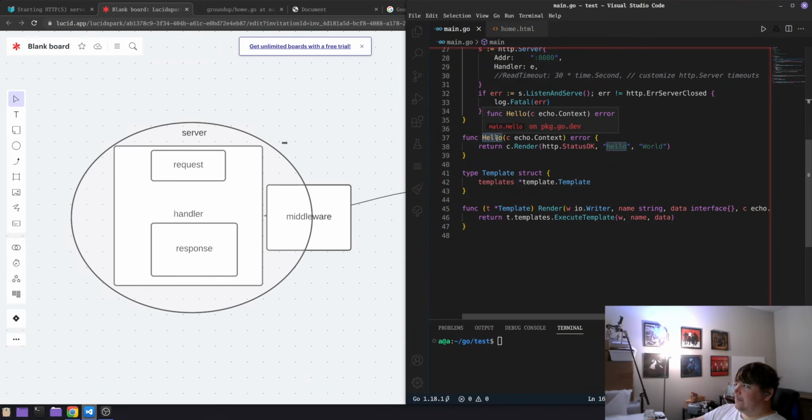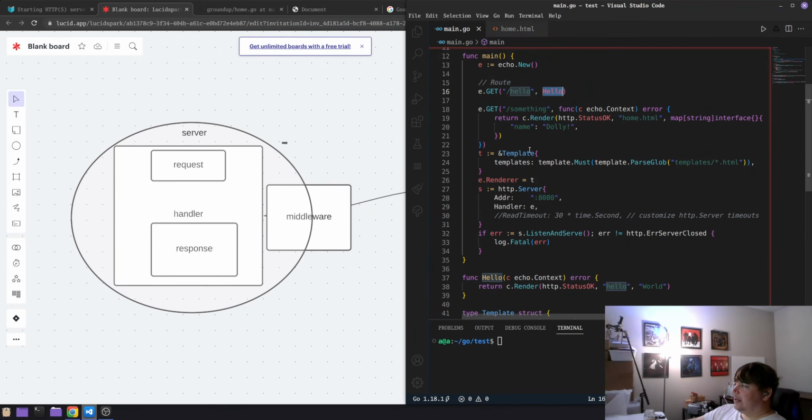So like this one, I have a server that's running on port 8080. It's on my computer. It's only localhost though, it doesn't have a domain. And when a user goes to this URL, this function will run. When this function runs, it returns a string. That's basically it. So if I run this,